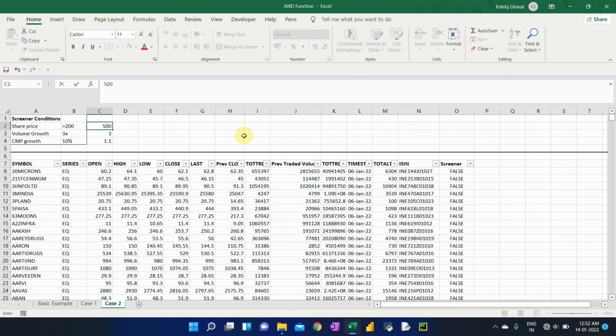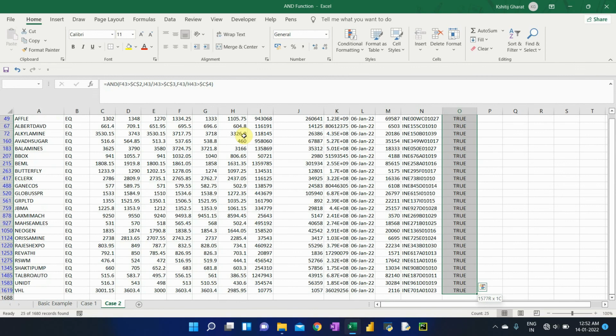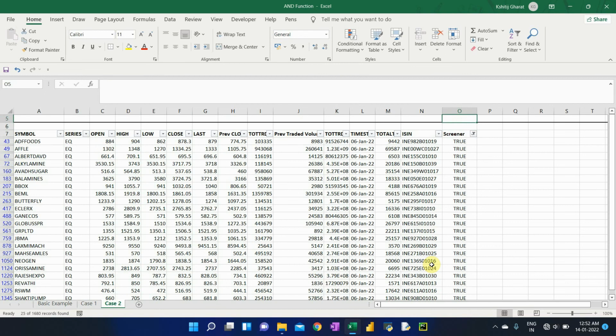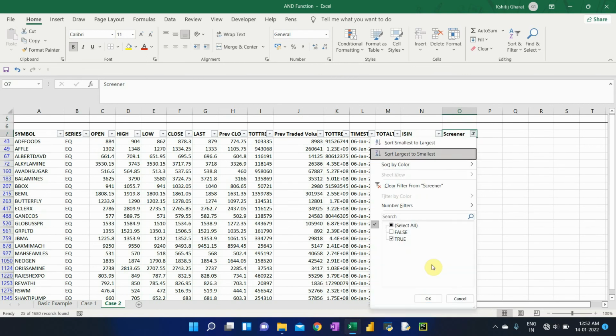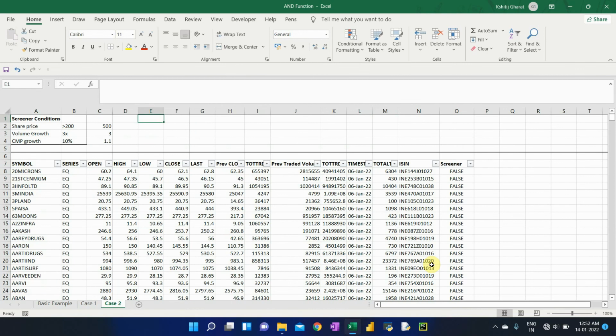I just have to change 500 here and your output would automatically change and you will get a revised list. So now from 47 you will see the count has fallen down to 25, and that's how the formula can be made dynamic and your efficiency would improve and you would avoid a lot of rework.